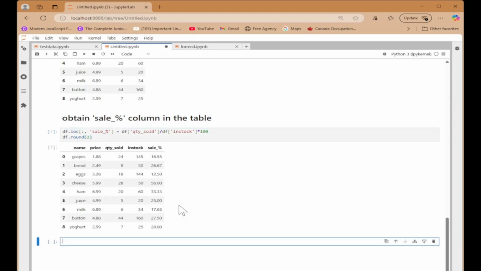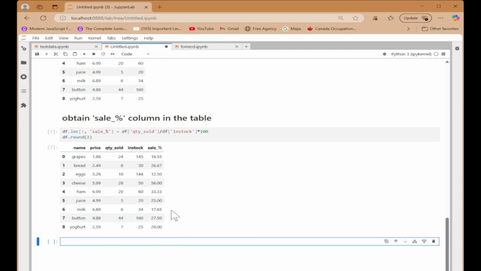You see, sales percentage we now obtained. So grapes are selling 16.55, bread 26.67, eggs 12.5, cheese 56, ham 33, juice 25, and yogurt 28, butter 27.5,